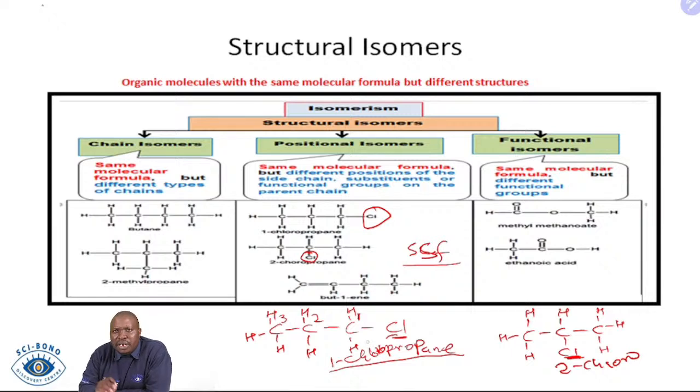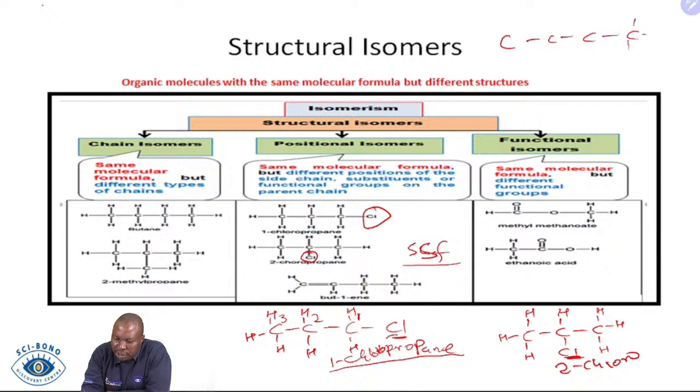Remember, we said chlorine is a substituent because it's substituting one hydrogen. Where there was a hydrogen, we've put a chlorine there, so we're referring to it as a substituent. I hope that clarifies. So for positional isomers, we're changing the position of the substituent or the position of the functional group. For the functional group, I'll use the example of